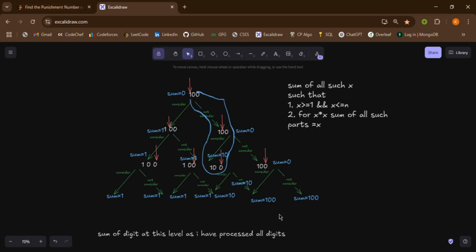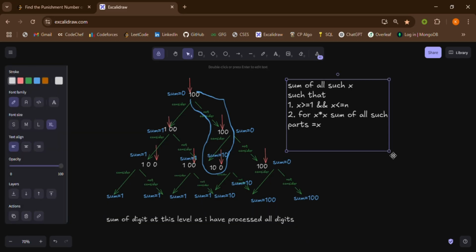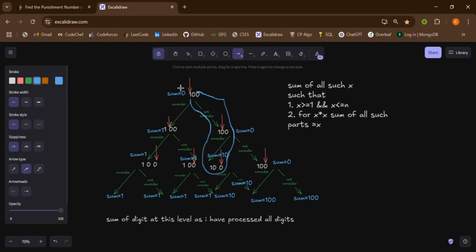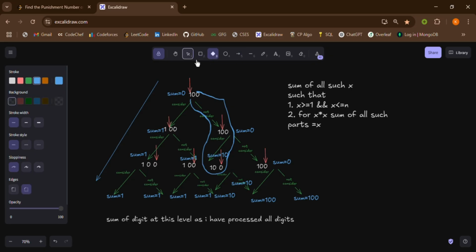Alright, so this is a basic simple recursion in backtracking question. I hope you have got this. Now let's also discuss the complexity of this program, right? What's the complexity for this problem? So you can notice that the height of the subtree is equal to the number of digits in the number, right? So for any x,